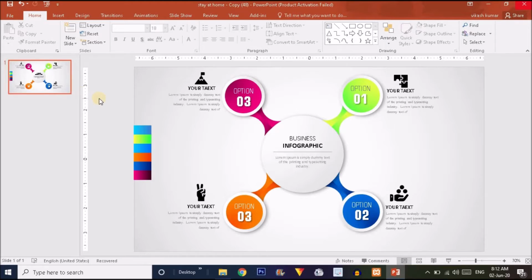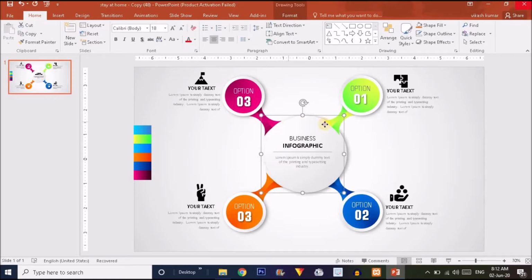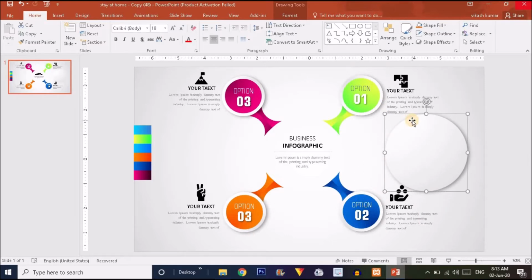So guys, before start creating, I just want to show you how I have created these shapes and combined these shapes to get a perfect effect like this. So I'm just clicking on this bigger circle, as you can see over here. I'm just sliding it. You can see this is only a big circle, but one more thing I just want to tell you, that this circle will give you a bubble like effect you can see here.